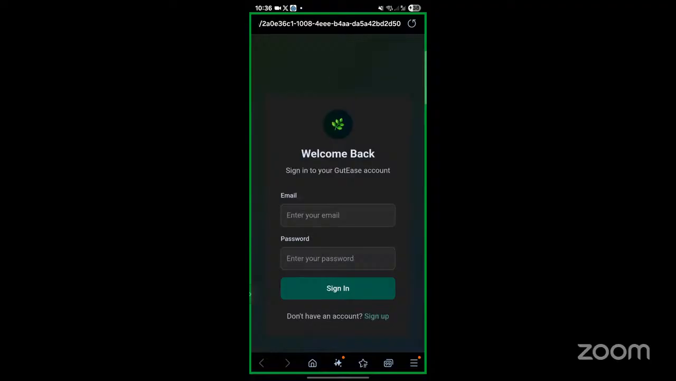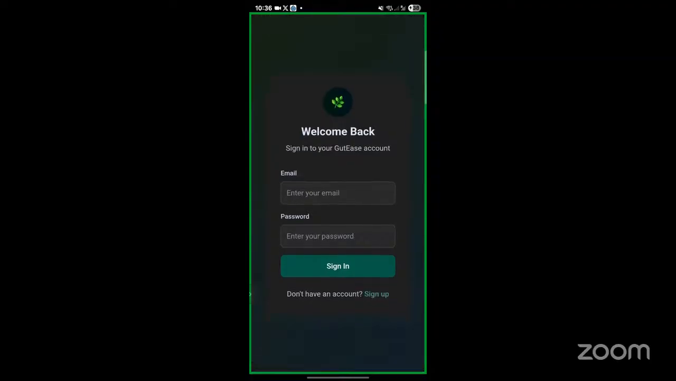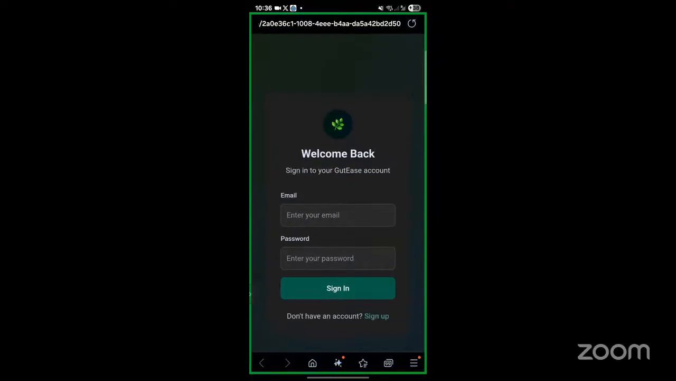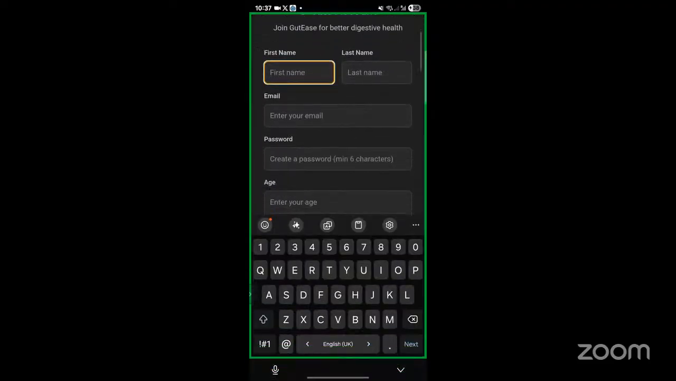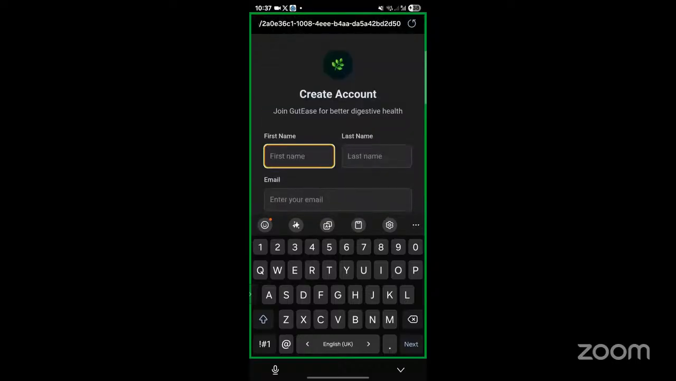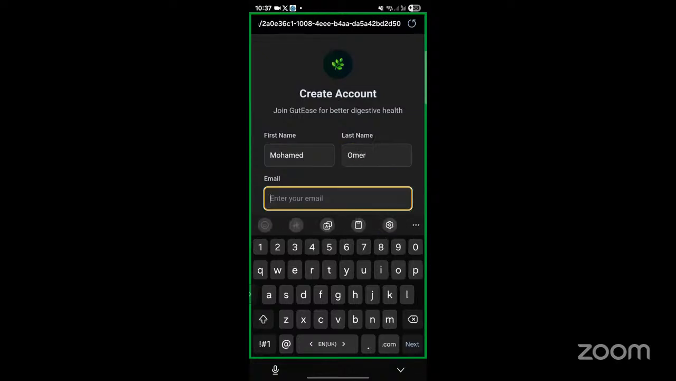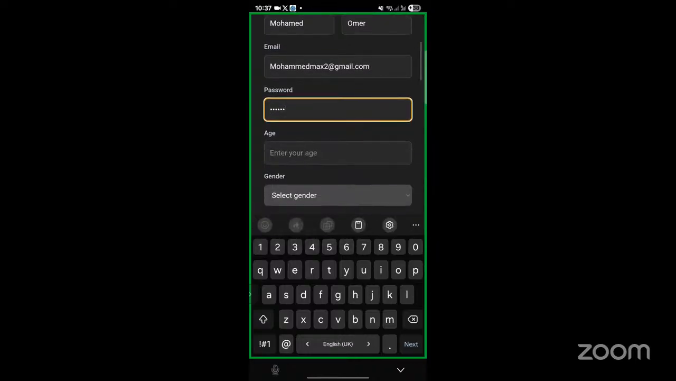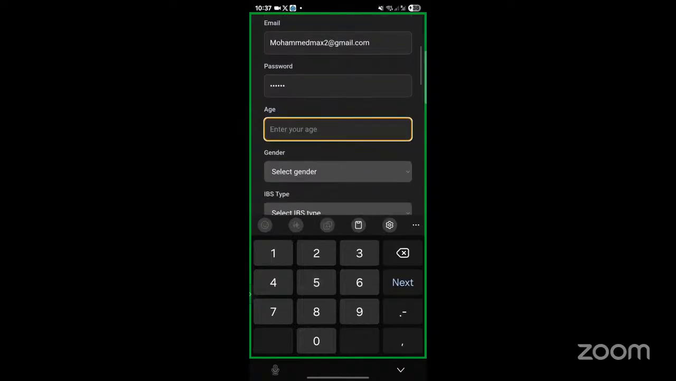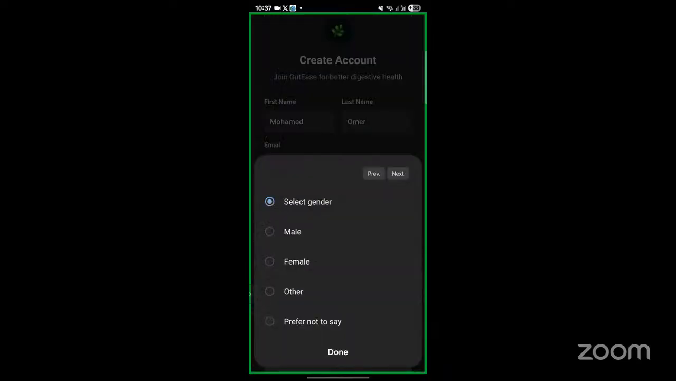Okay. This is the welcome page of the app. You can create your account here, sign up. You enter this information: your name, let's say Muhammad, your email address, creating a password, your age, your gender,